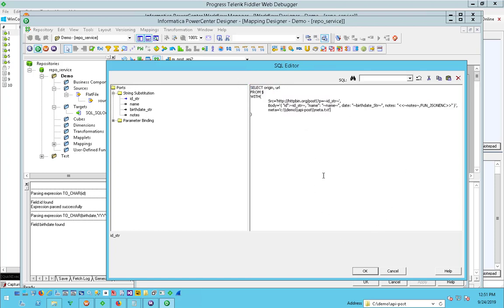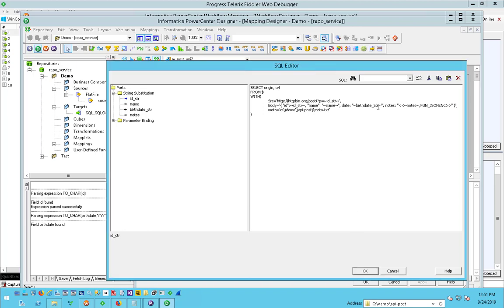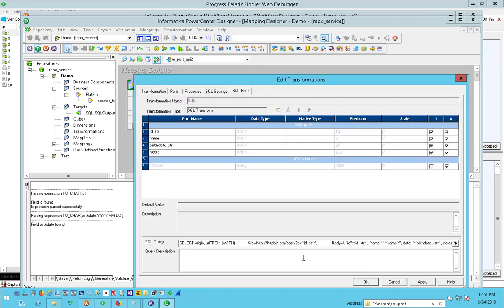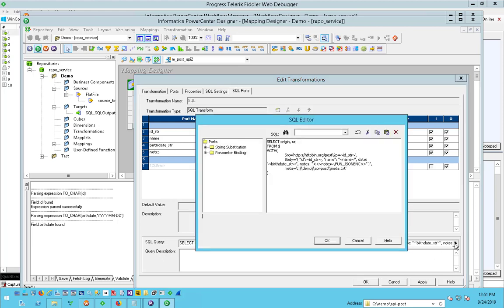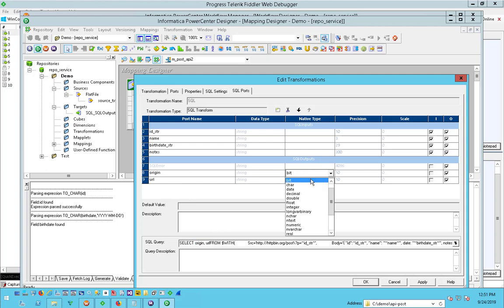Now if I click OK, alright, so now we mistyped something here. It should be a lowercase s. There you go. So that's all about our inputs, creating our SQL query to form a proper JSON, as you see here through the body. And now I need to supply my output ports. Basically we're expecting two fields, origin and URL, as per our query, as you see here. They both are strings for sure,